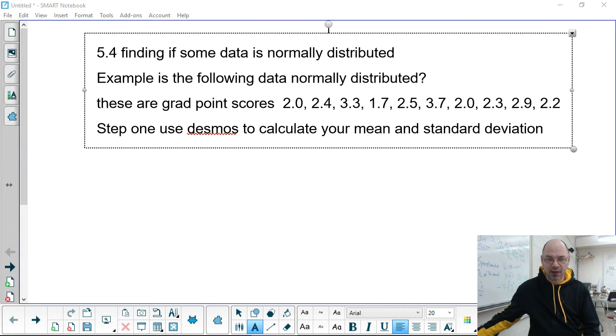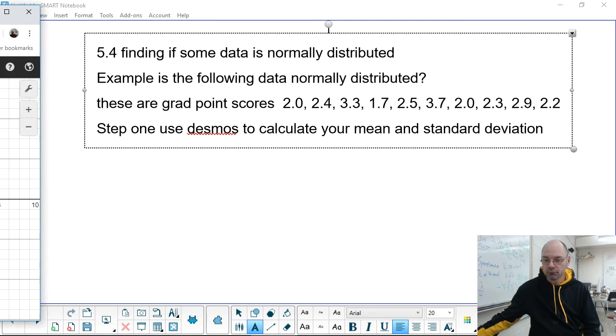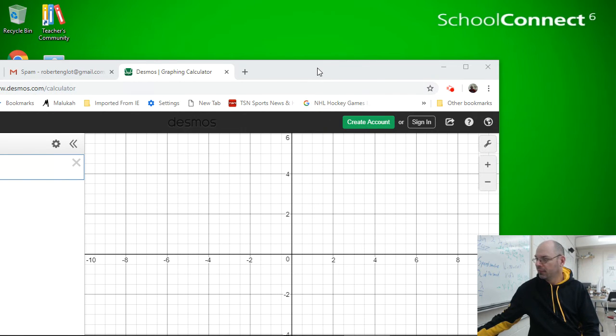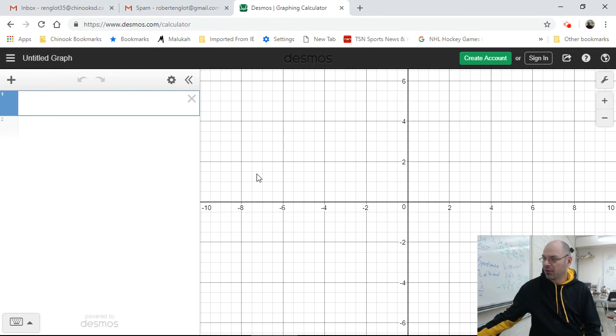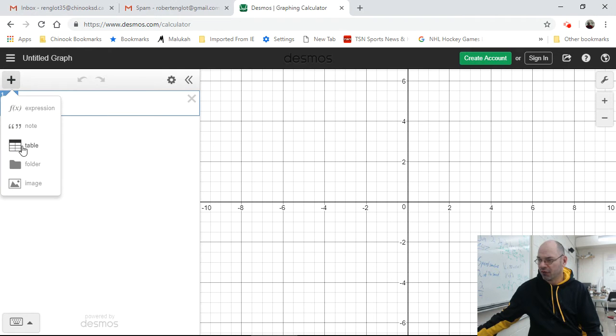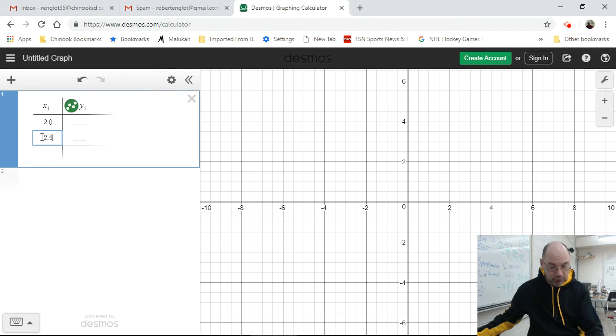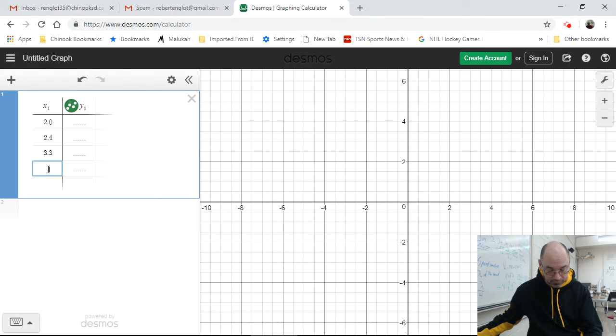So the first thing you've got to do with Desmos, and I'm just going to slide this over to the other side so I can see the data. Okay, the first thing we're going to do is we're going to insert a table here. So we go up into here, this plus part here, and we want to insert a table. Okay, and under the X1, we're just going to put our numbers in that we had, 2.0, 2.4, and 3.3, and 1.7,